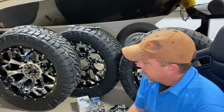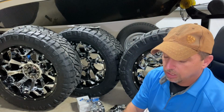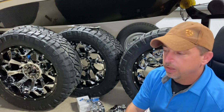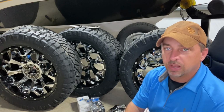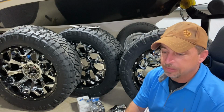And like I said, the 392s, you get more acceleration. And what I could tell from Fuelie and from the people I talked to and all the reviews I read, it's a mile to a mile and a half gallon difference. And most of that's going to be on the highway. And the reason is in these Hemis, when I had the